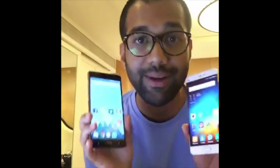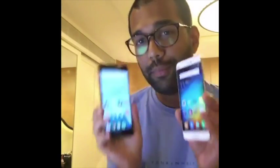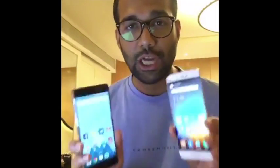Okay, so let's come to the comparison. OnePlus 3 versus Xiaomi Mi 5. I want you guys writing in the comment section starting now. Which is your pick out of the two between the OnePlus 3 and the Xiaomi Mi 5 in terms of design? Do you prefer the design of the OnePlus 3 or do you prefer the design of the Xiaomi Mi